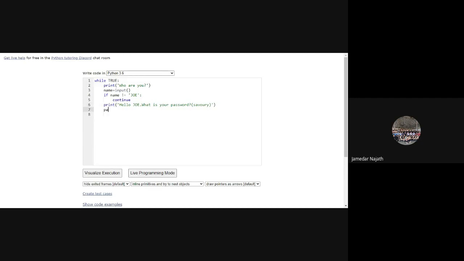Now what you need to do? I'll create password. People have to enter a word, right? So password equals input. If password is equal to pizza,